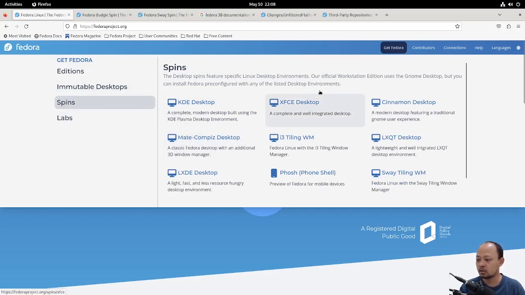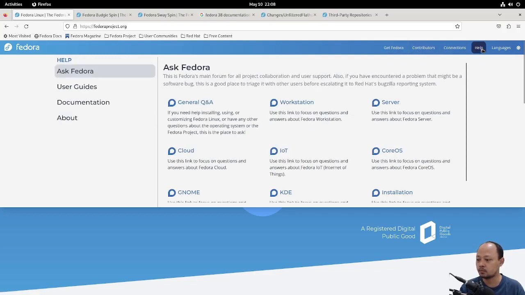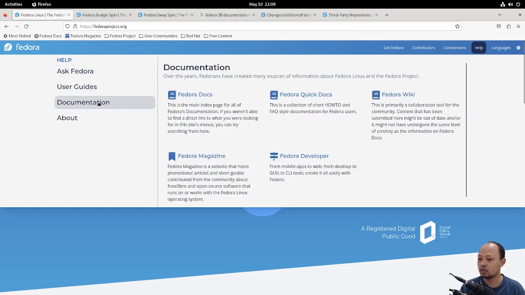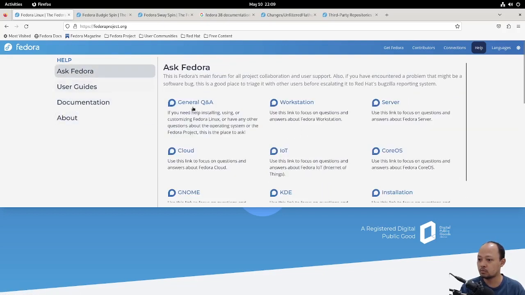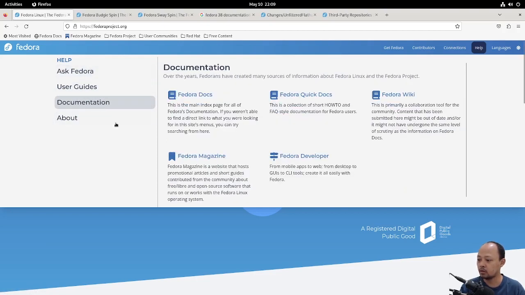Then there's a help menu where we can get some help about Fedora. For example, documentation, and then a shortcut to the Fedora forum, this one, and etc. The documentation part itself has 5 kinds of documentation you can see in this menu.